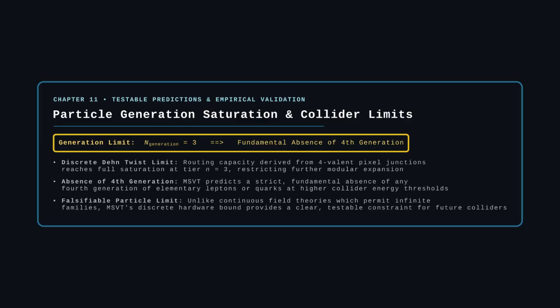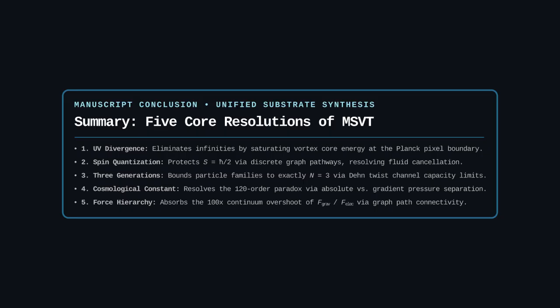As derived from our discrete DIN twist link capacity model, 4-valent pixel junctions reach full routing saturation at tier n equals 3. MSVT predicts a strict, fundamental absence of a 4th generation of elementary leptons or quarks at higher collider energy thresholds. In summary, modified superfluid vacuum theory provides a unified physical model that operationalizes the vacuum as a